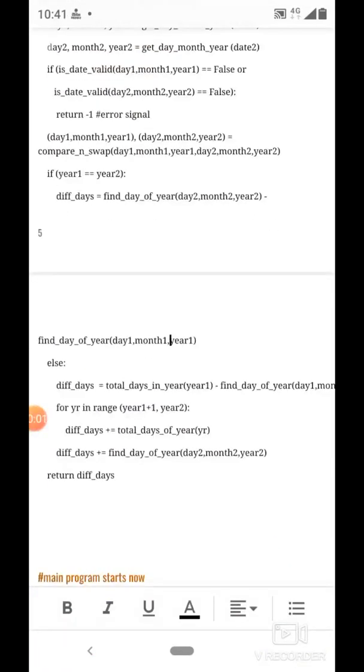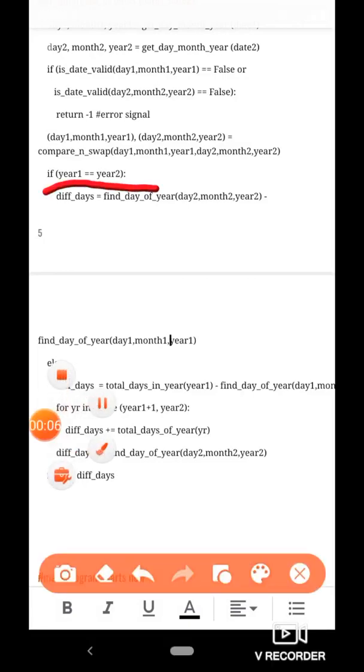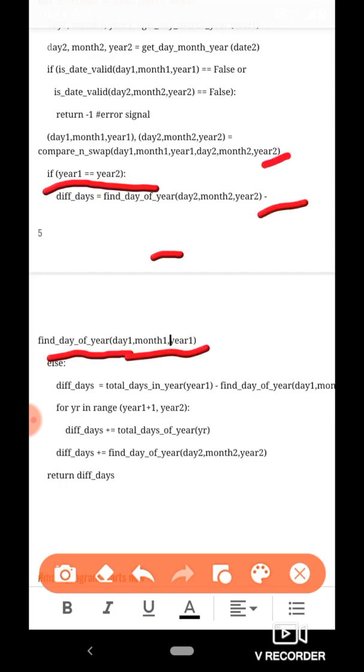Now to find the difference of days between the two dates, we first of all check whether the two dates happen to belong to the same year. In that case, this condition will be true: year 1 is equal to year 2. And in this case, we will simply find the difference of dates by using the function find day of year on date 1 and subtracting that, see, we are subtracting it here, minus is on here, from the day number of year for date